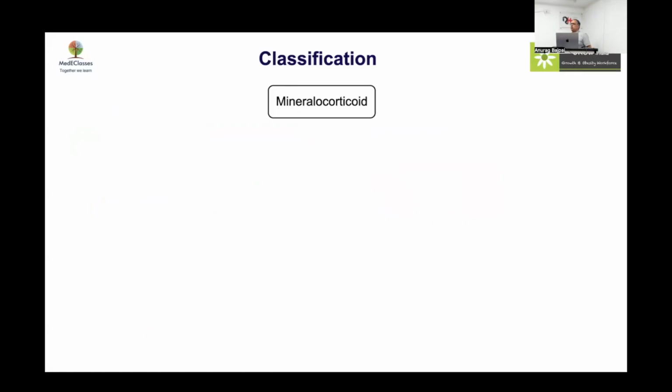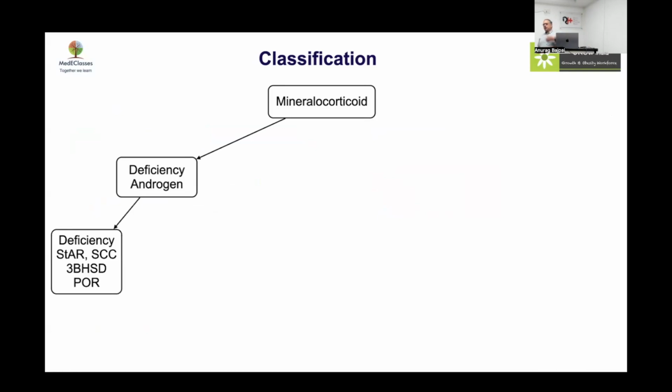We know that we need to know about the mineralocorticoid status and the androgen status to really get the idea about how this particular individual will land and which form of CAH this could be. So if there is mineralocorticoid deficiency and androgen deficiency, we are talking about proximal defects like StAR, side chain cleavage, 3 beta HSD and POR. If we have androgen excess with deficiency, we are talking most commonly about 21 hydroxylase deficiency, rarely 3 beta HSD and POR. Now these two are in both places because they will have DSD in both XX as well